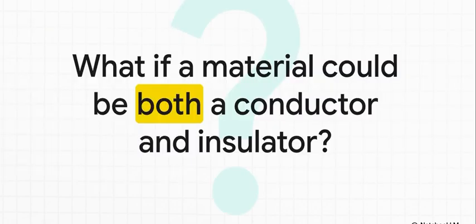So we've pretty much mastered these two extremes, right? We have materials that always let electricity flow and materials that never do. But what if a material could be both? What if there was something in between? Something you could switch on and off? A material that could act like a conductor one second and an insulator the next? Well,